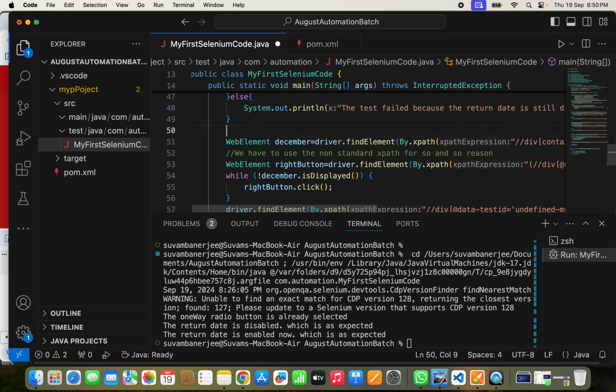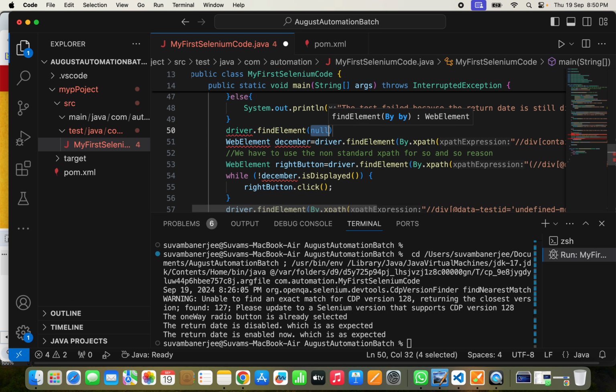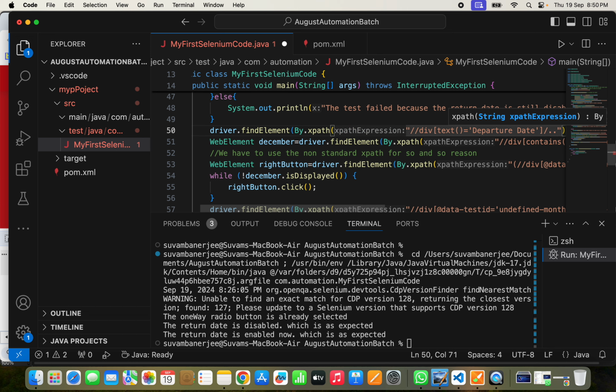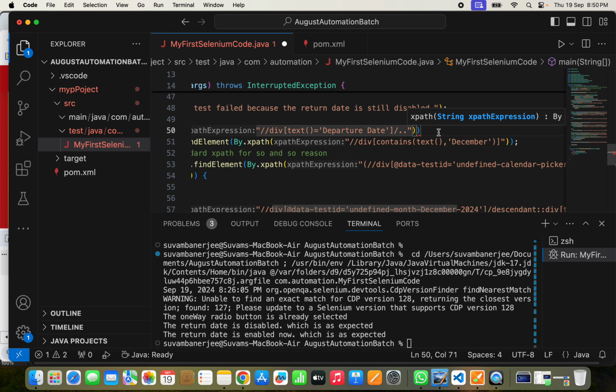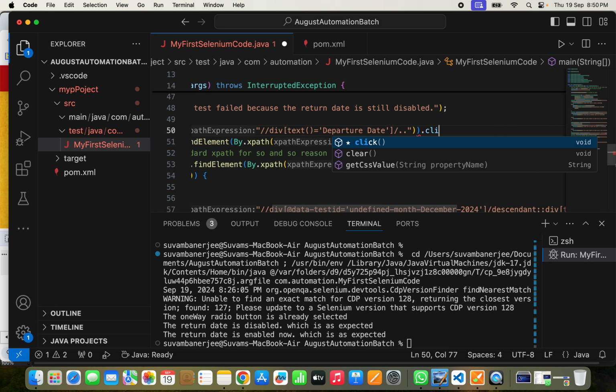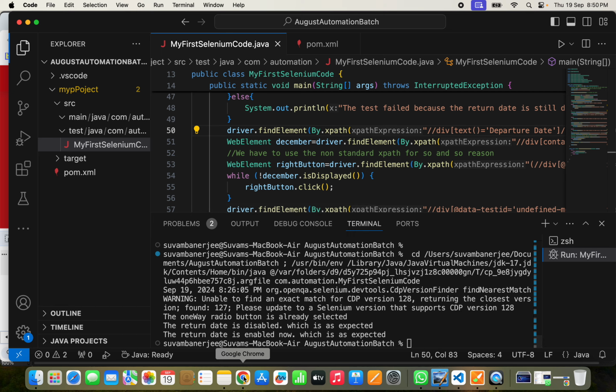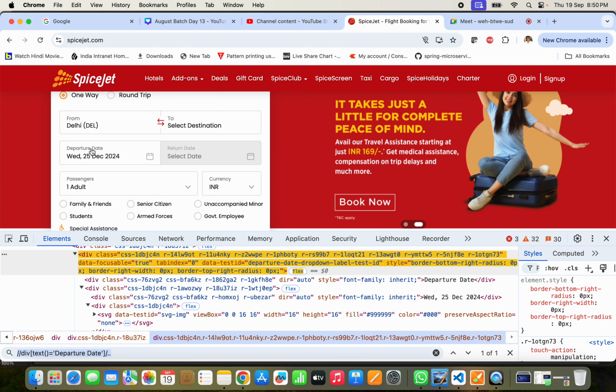Here we have to click on driver dot find element by dot xpath. This xpath expression we are putting, and dot click. So by clicking, we are clicking on this departure date, and we'll select